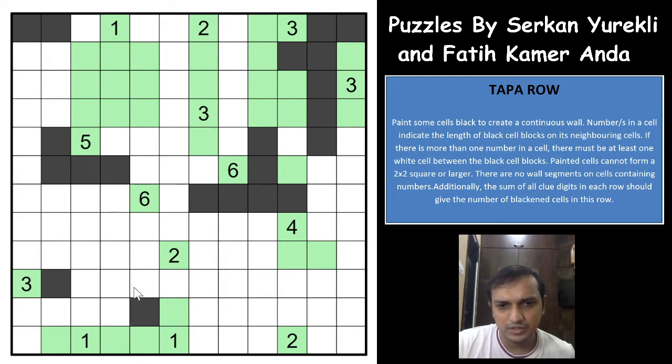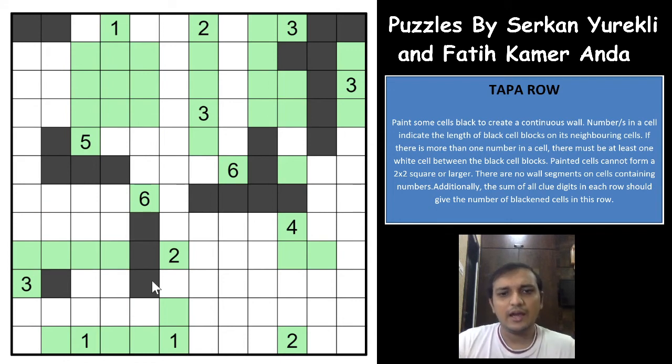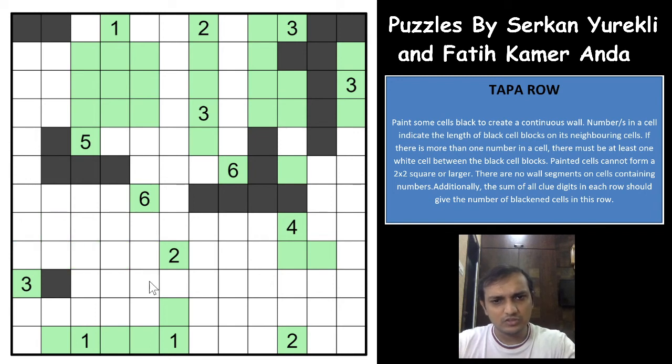If this is shaded, all of these will have to be unshaded because that group will have to go up this way and you get a 3 shaded cell. That's an excellent piece of logic. So this cannot be shaded. As you have already discussed, one group of shaded cell will have to be here and one group of shaded cell will have to be here for the 2 clue. So this is already fulfilled and this group of shaded cell will go up this way. So you have 3 shaded cells. Excellent. So this is unshaded.